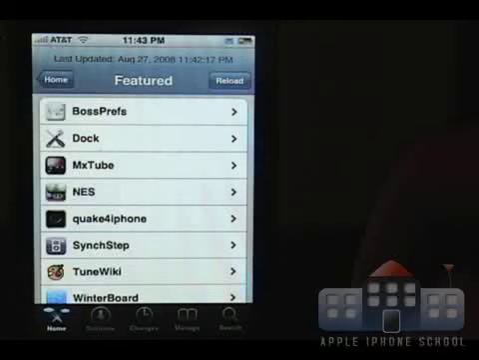So things like the Nintendo application, MXTube, which lets you download YouTube videos onto your phone and keep them. So like if you're on an iPod Touch or you don't have a high-speed connection, you can actually just play them on demand. Dock is a